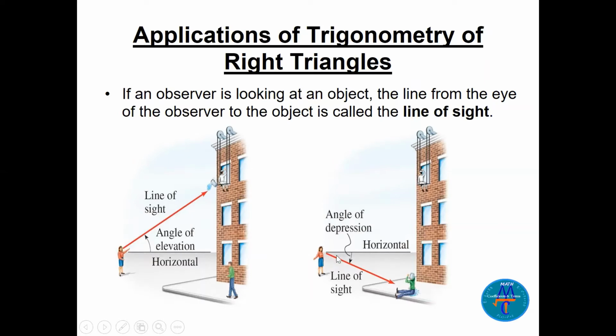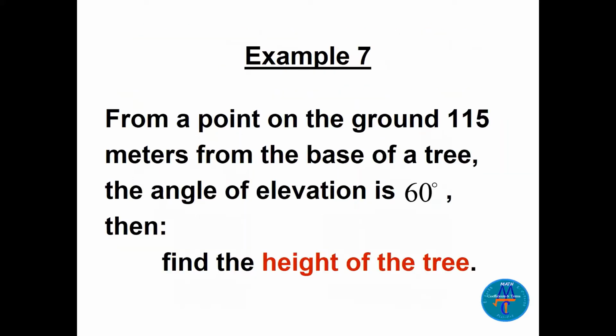If the person is looking down to a point, the horizontal line and the line of sight, see the line of sight going down, looking down, then we call this angle the angle of depression. So just differentiate between angle of elevation and angle of depression. So this angle here is not the angle of depression. This one is the angle between the horizontal and the line of sight. Let's see some questions to apply on these